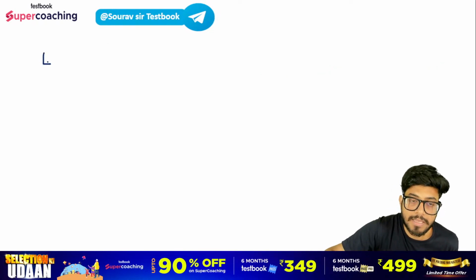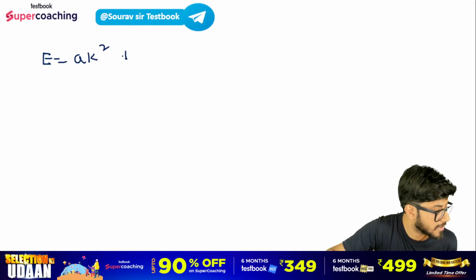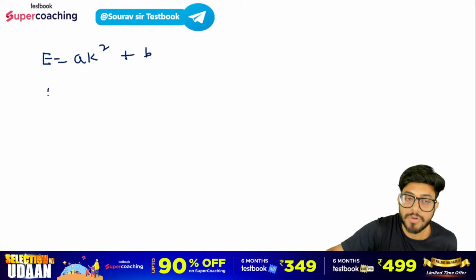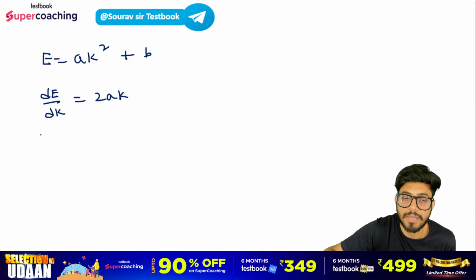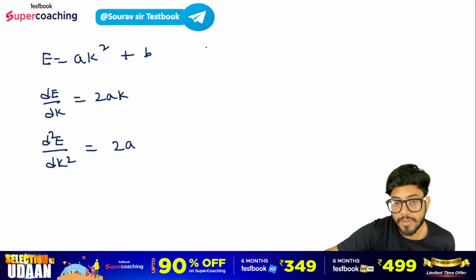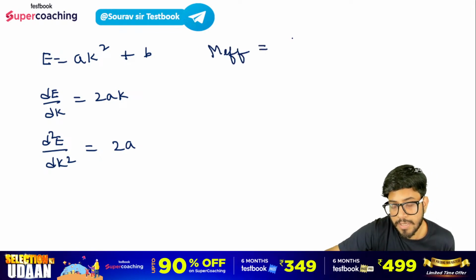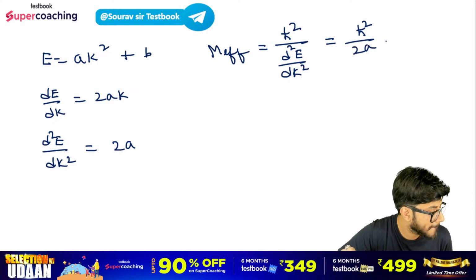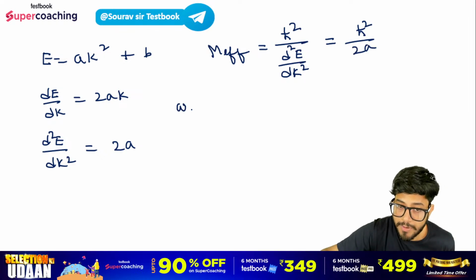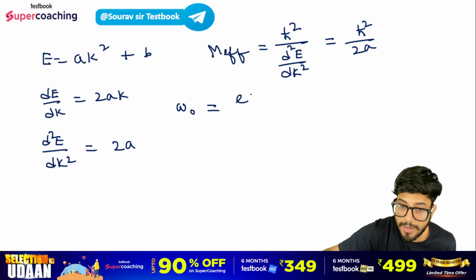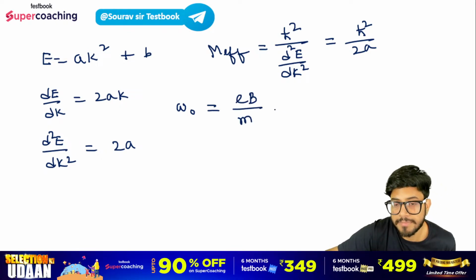जरा देखो भाई साहब, अगर E का वैल्यू है तुम्हारा A के स्क्वायर प्लस B, तो dE/dk आता है 2ak और d²E/dk² आता है तुम्हारा 2a सिंपली। तो इफेक्टिव मास आता है h² बाई d²E/dk², जो आया तुम्हारा h² डिवाइडेड बाई 2a। अब ओमेगा नॉट जिसको हम साइक्लोट्रॉन रेजोनेंस फ्रीक्वेंसी बोलते हैं, उसका फॉर्मूला है EB बाई M, इसको M इफेक्टिव भी कह सकते हो, EB बाई M इफेक्टिव।